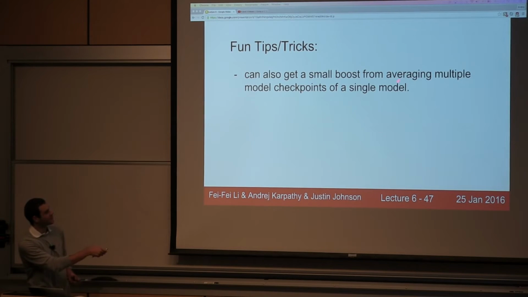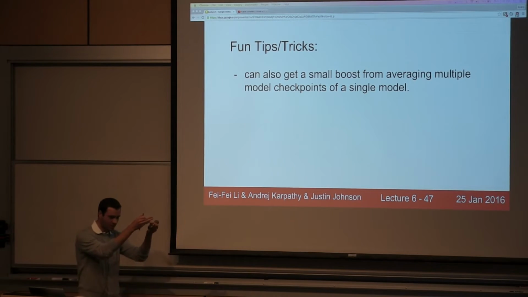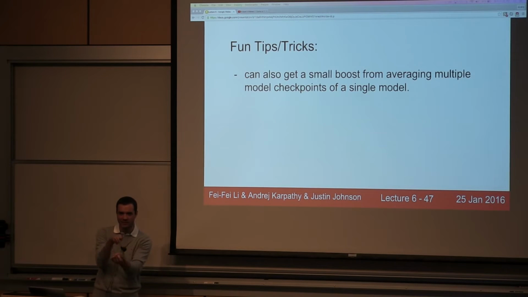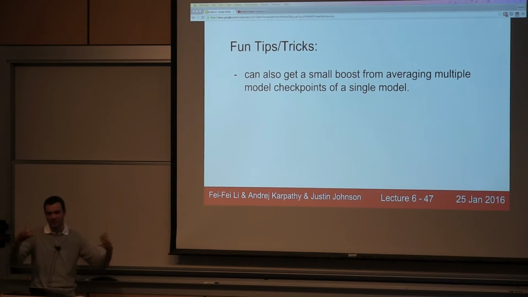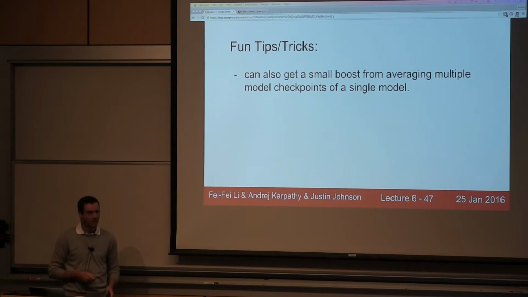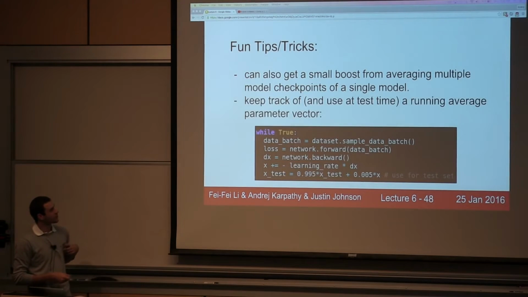So one approach, for example, is as you're training your neural network, you have all these different checkpoints. Usually you're saving them every single epoch. You save a checkpoint and you figure out what your validation performance was. So one thing you can do, which turns out to actually give slight boosts sometimes, is you just take some different checkpoints of your model and you do an ensemble over those. That actually turns out to sometimes improve things a bit. And so that way you don't have to train 7 independent models, you just train 1, but you ensemble some different checkpoints. Related to that, there's a trick